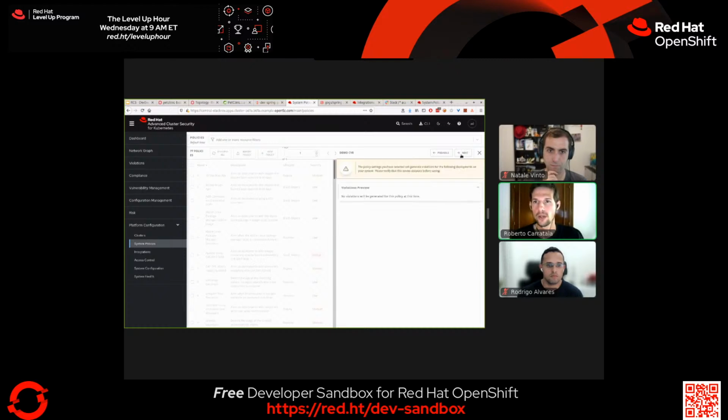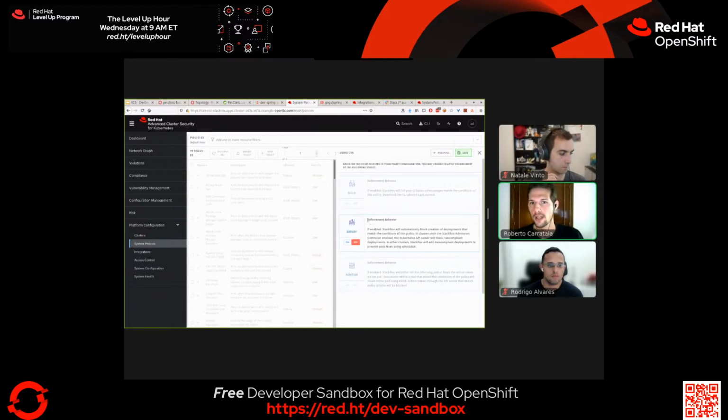And when we have it here, we can define the enforcement. So if anyone tries, in production or wherever you want, to deploy a specific deployment with a pod with a certain capability or with a certain CVE, we can prevent it, and ACS, through an admission controller, the policy